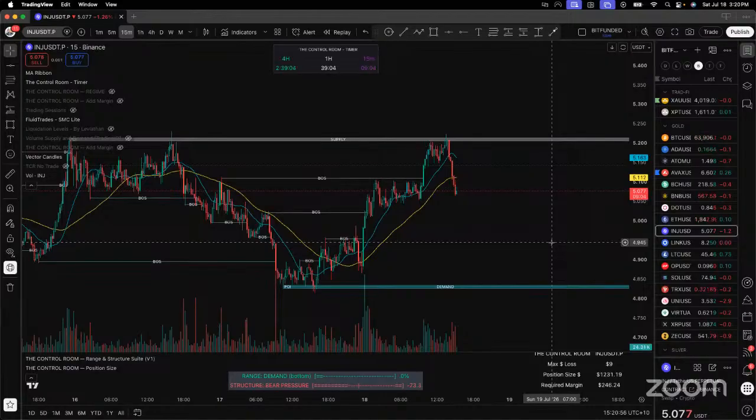The entries that they organize, they're our exit liquidity. When they enter, we're taking profits. So we trade with the market makers, we trade the structure, we trade with the algorithm, we wait for liquidity to be taken, and then we enter. It's pretty cool. So we're waiting for this pullback here on Injective so I can get an add-on.